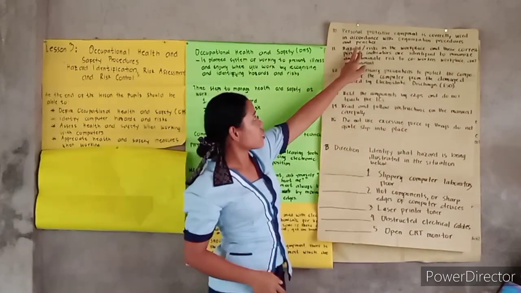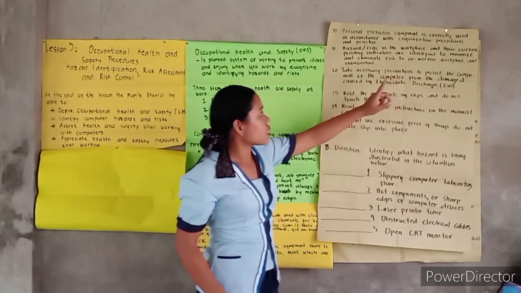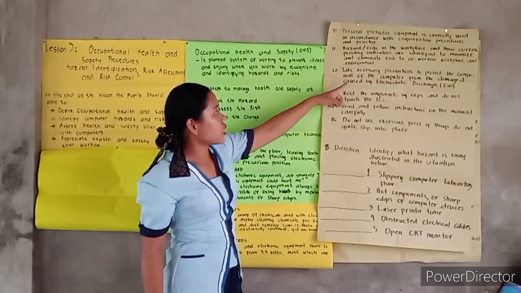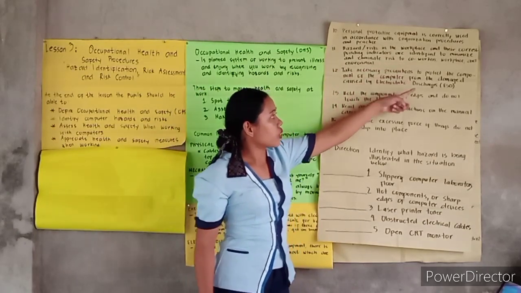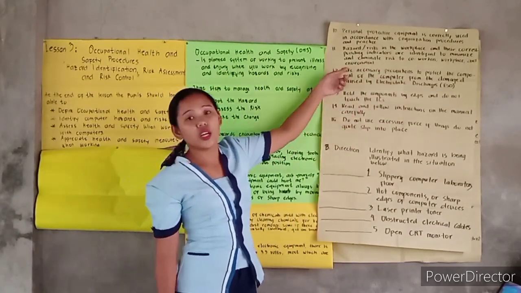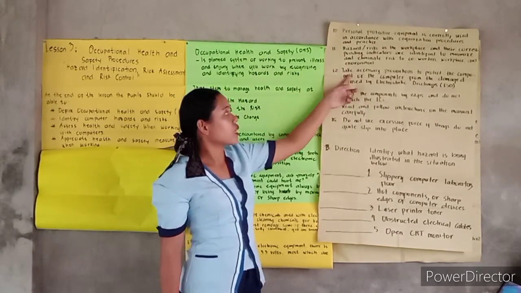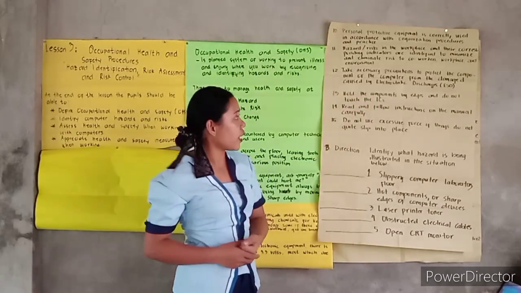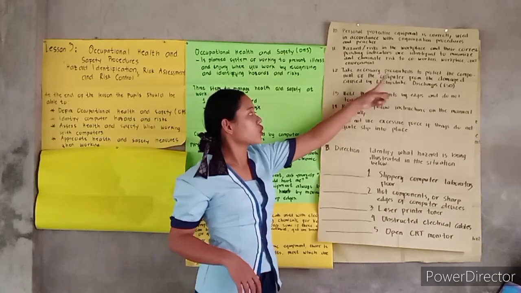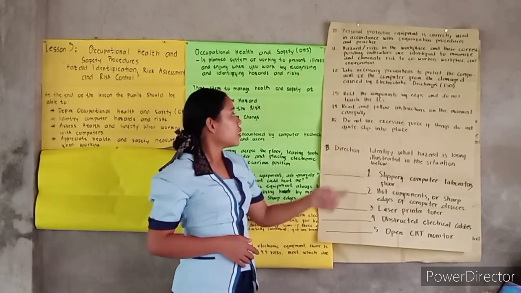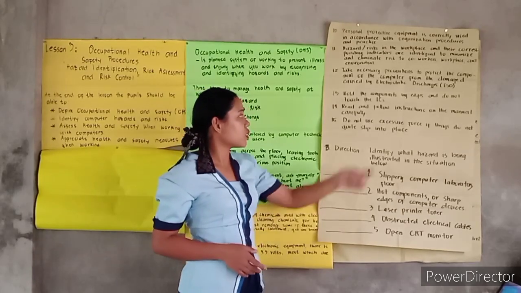The number 11 is hazard or risk in the workplace and their corresponding indicators are identified to minimize and eliminate risk to co-workers, workplace, and the environment. Then number 12 is take necessary precaution to protect the components of the computers from the damage caused by electrostatic discharge. Hold the components by the edge, do not touch the